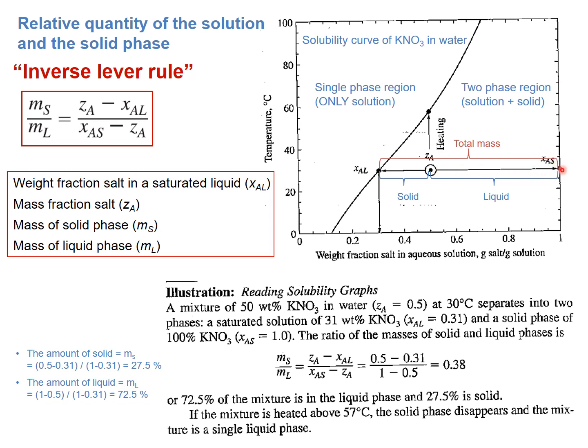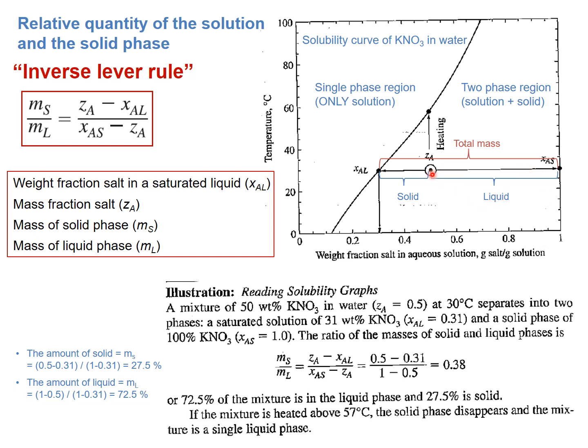How about the composition of solid? You have this point, and then going down you could read 1. Of course, I have said this is about the solid, so the composition of the salt in solid should be 100%. So the weight fraction of solid is 1. Okay, right now I have the information about the weight fraction for solid phase and liquid phase. Then let's go to the amount, the percentage amount.